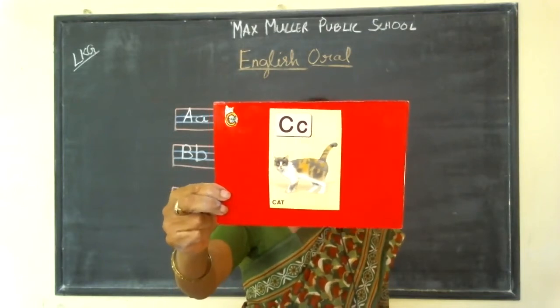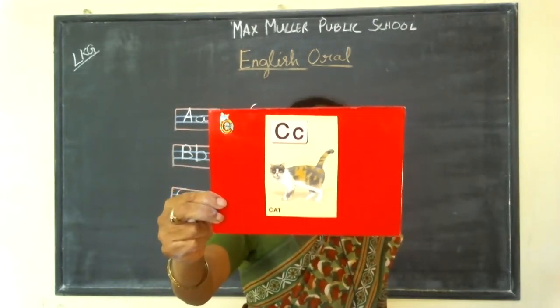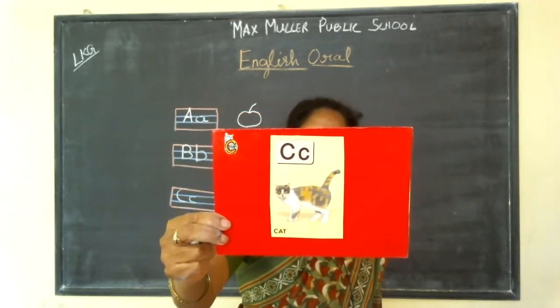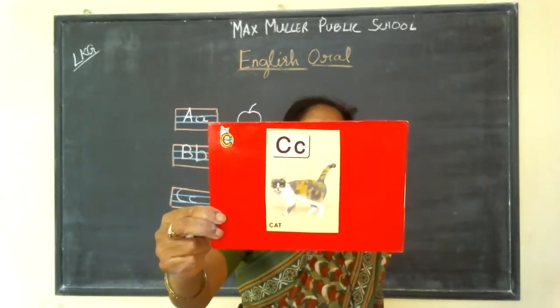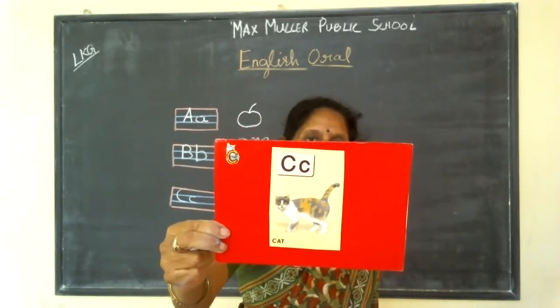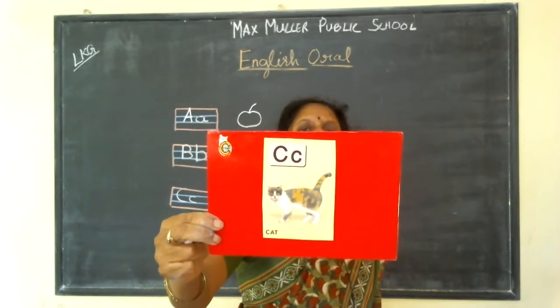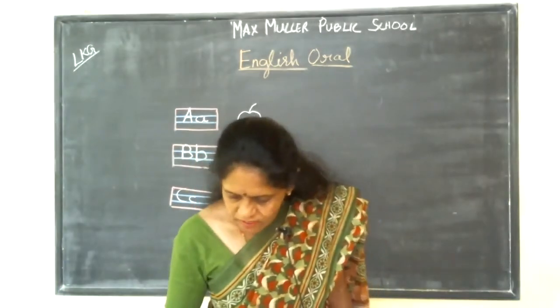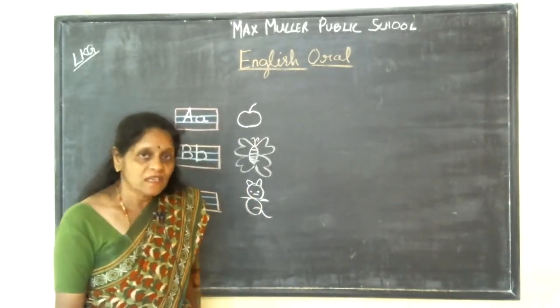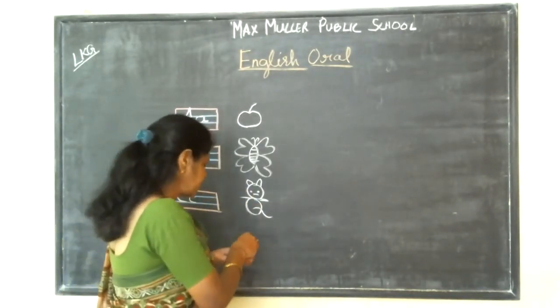Can you see? Capital C, small c. C for cat. Capital C, small c. C for cat. Okay, children? Capital C, small c. C for cat. Next is